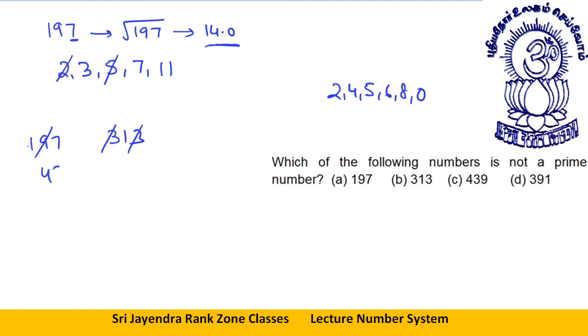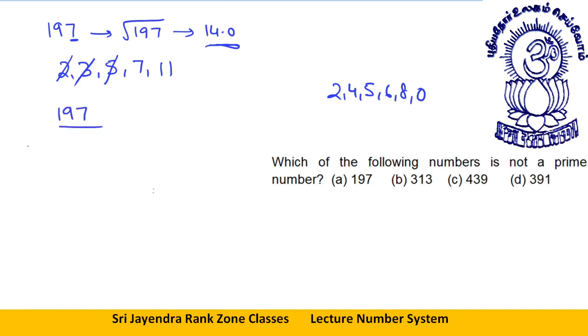You take 4, 3, 9. These both are multiples of 3. 4 is remaining. It is not divisible by 3. 391, 3 removed, 9 removed. Again, 1 remainder. 1 is not divisible by 3. So none of the options is divisible by 3. I have already told you this. Now you don't even need to divide by 3. Let's divide by 7.